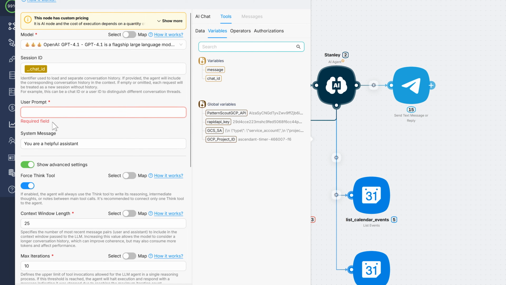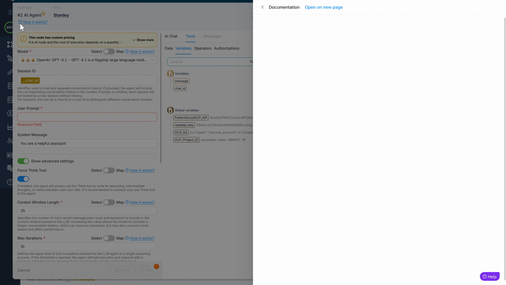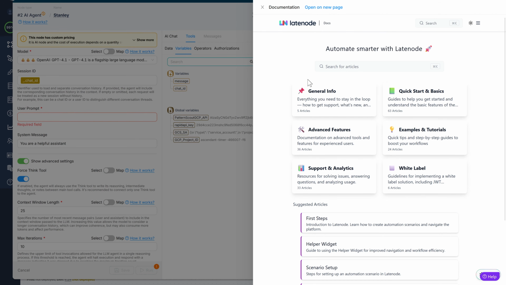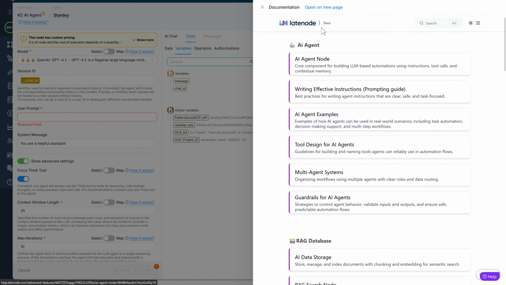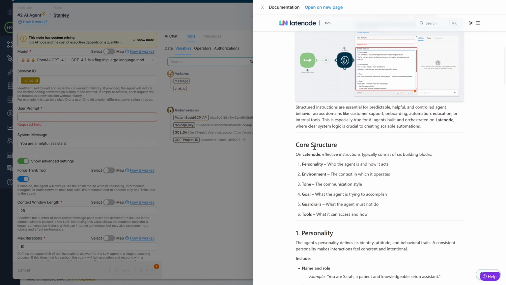Next is system prompt. This is arguably the most important part of building your AI agent, where you can have the biggest impact on your assistant's effectiveness. Latenode has excellent documentation which you can access from this button on writing effective instructions for agents. You go to the documentation, to the advanced features, and here you can see the writing effective instructions prompting guide, best practices for writing agent instructions, where you can get the core structure